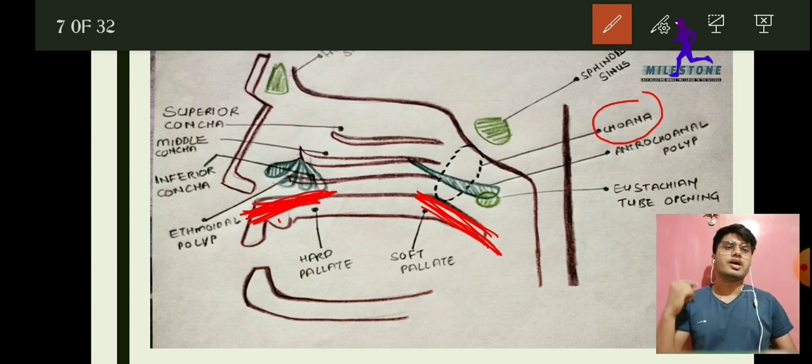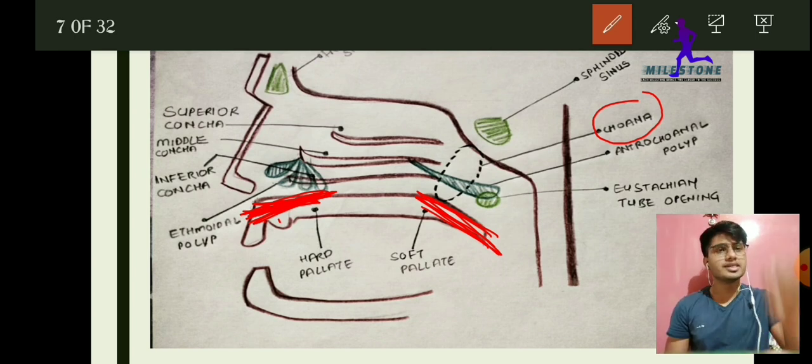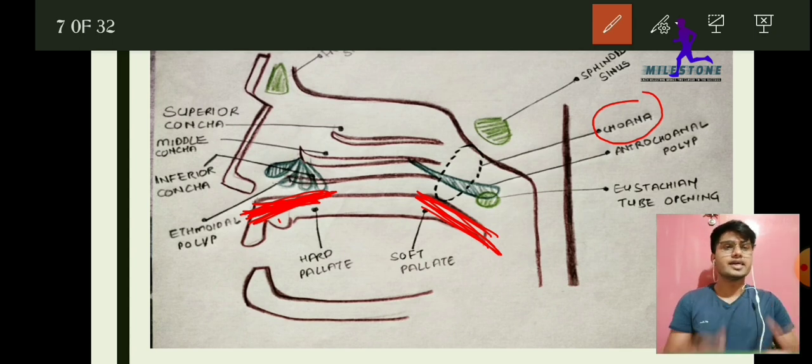Okay, now here is the thing, a few minutes back I told you that maxillary sinuses are only 2 in number, so they are not multiple. So the enterochoanal polyp which arises from the maxillary sinus is also single or 2 in number but not multiple, just like the maxillary sinus, because it is arising from the maxillary sinus, right? And the maxillary sinus is big in size. So this enterochoanal polyp is also big, it is also long, as you can clearly see in the diagram, it is long.